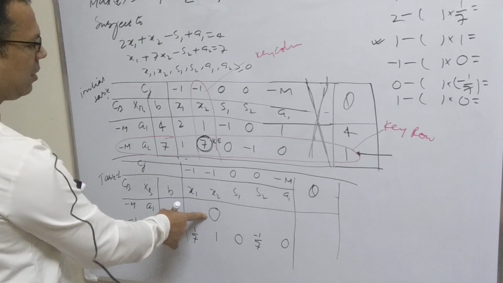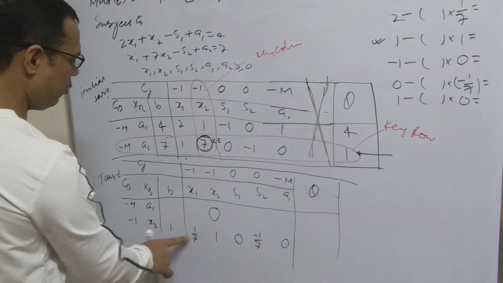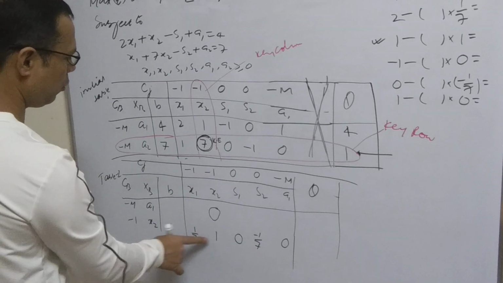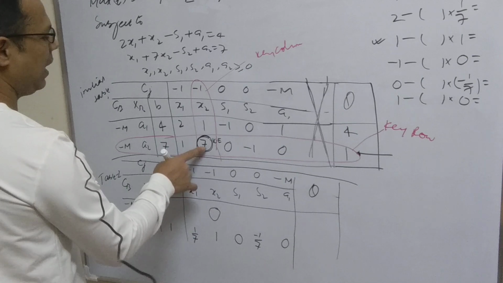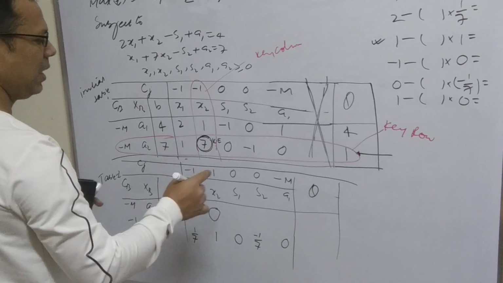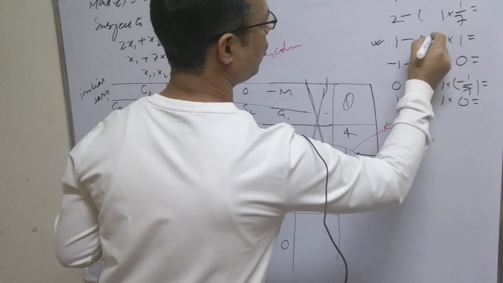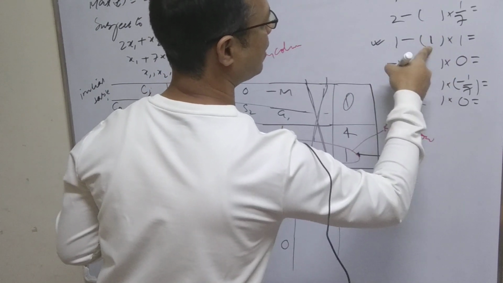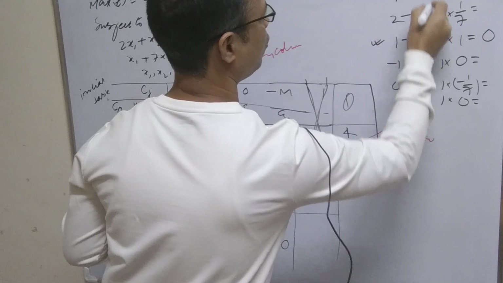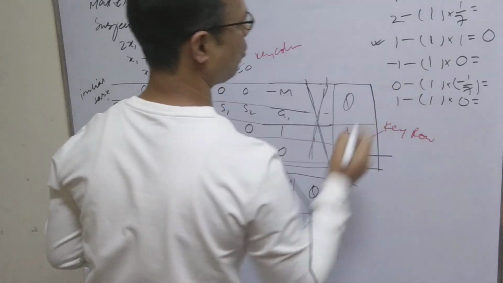So to make this one 0, which position? 1, 2, 3. Just start from the B. At the third position we are going to make the changes. Because we want to change these values to 0, if you put here 1 minus 1, it will give you 0. So you need to write this in all these values. This is the constant value.